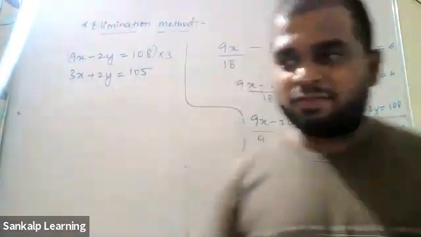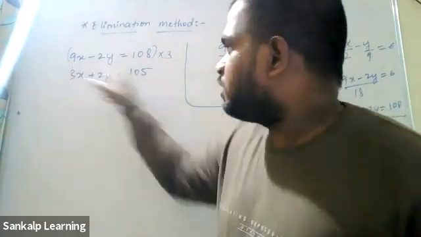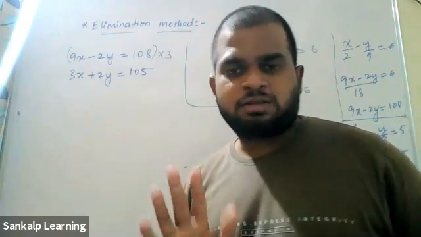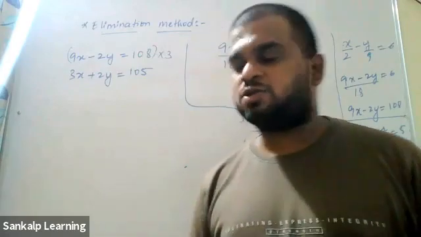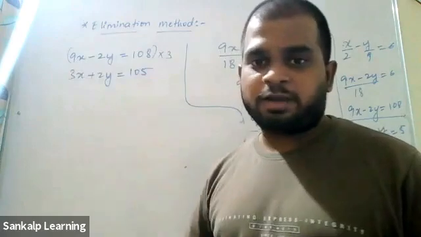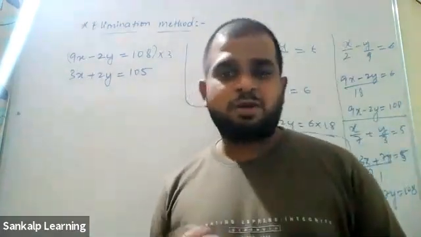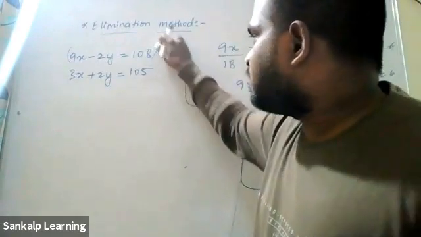Most of you have this notion that you must multiply this 3 here and this 9 here. That's not the correct way. That is also a way, that is also correct. I'm not saying it is wrong. But what happens is that here there are small numbers, 9 and 3, which is fine. Suppose there are big numbers, you are simply wasting time multiplying with this. Actually you should not multiply by 3 like that, though it is not wrong if you do.